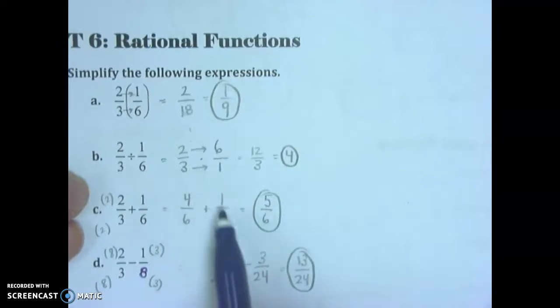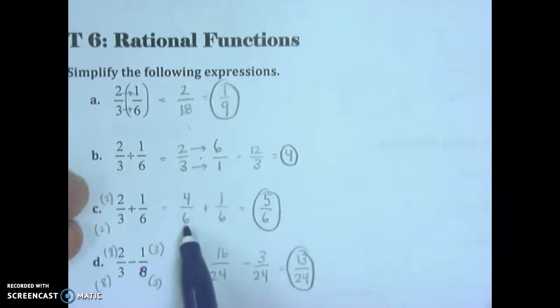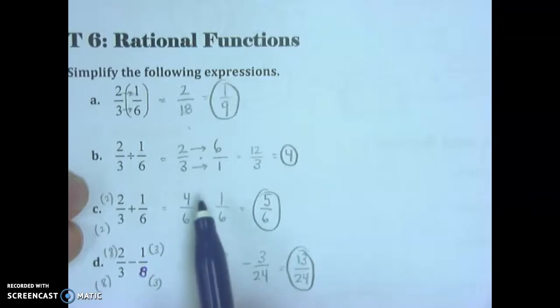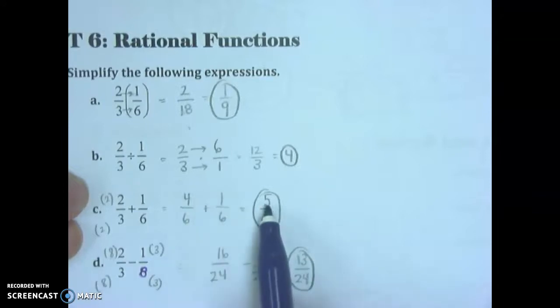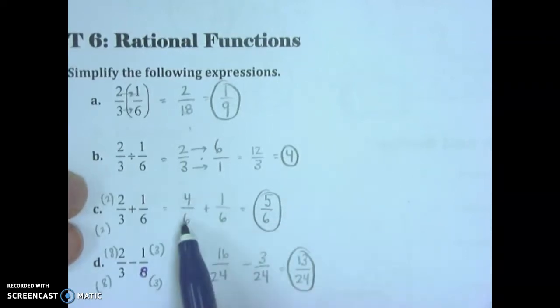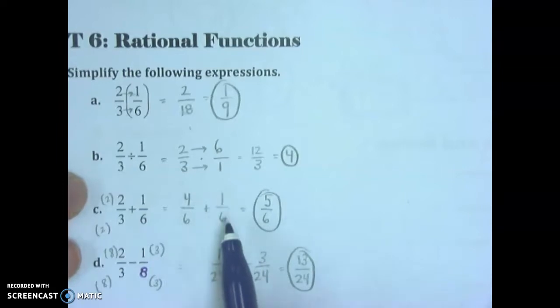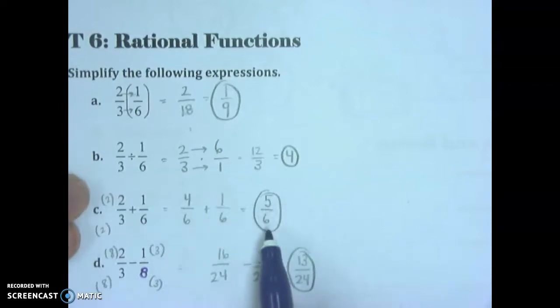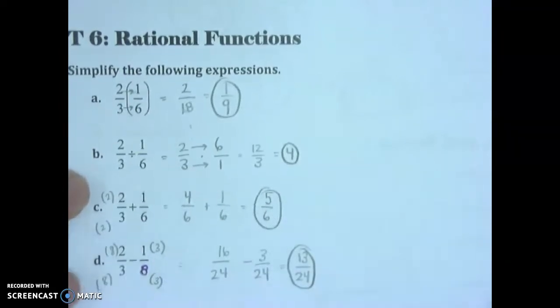And then 4/6 plus 1/6. Once you have common denominators, you can just add the numerators straight across. 4 plus 1 is 5, and keep the denominator the same, 6. So you're adding 4/6, and 1 more 6 makes 5/6. Same is true when you subtract fractions or subtract rational expressions. You need common denominators. So our first example is